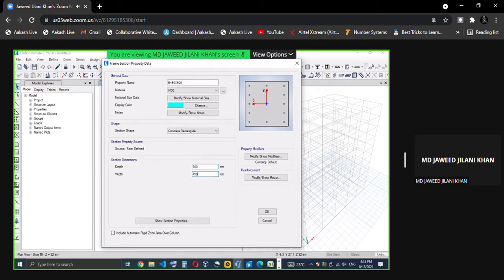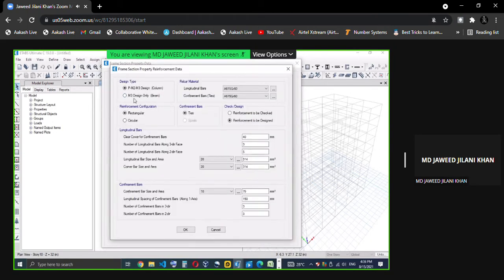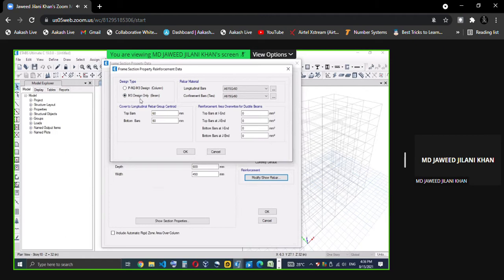So here just writing B will not become a beam. I need to click here show rebar, and here it has to be clicked as a beam. So it will design as a beam. Select the type of steel which we have defined. What is reinforcement to be ductile beams? I will come back when I go for the non-linear analysis. So this is the cover to the longitudinal rebar group center. This is up to the center, not the clear cover.